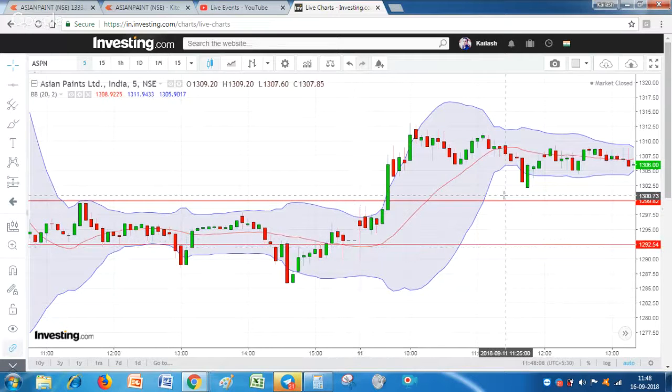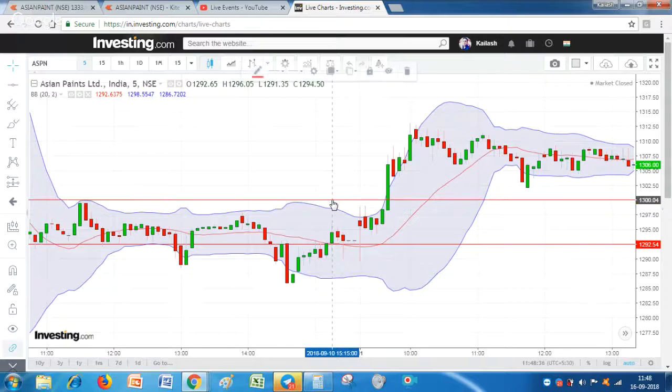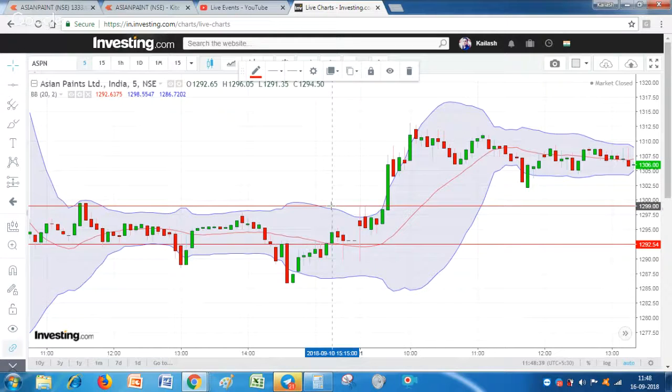Okay, its opening is there. It is on the 11th of this September actually. Yeah, same month. So see what happened after the first candle. If we want to buy this stock, we will take a buy entry only once the stock gives a closing above this candle high, this range high. So here, this big candle, you could see there's a big candle. This candle has broken the high of the previous candle.